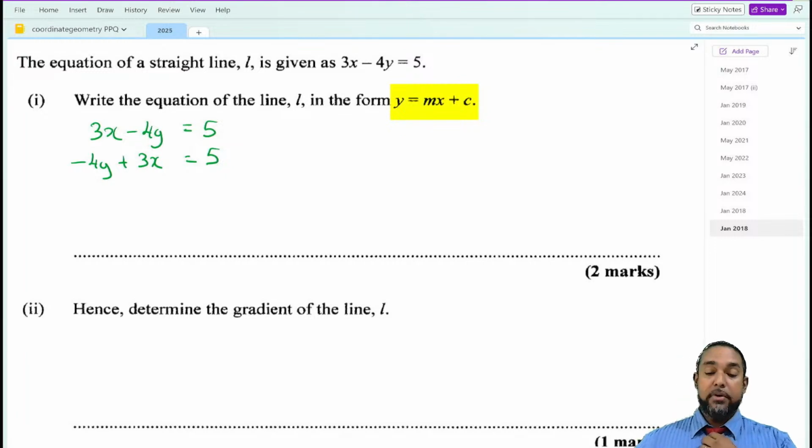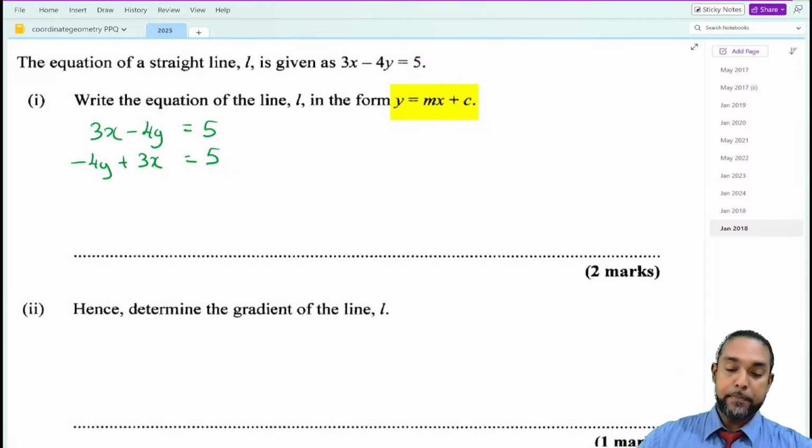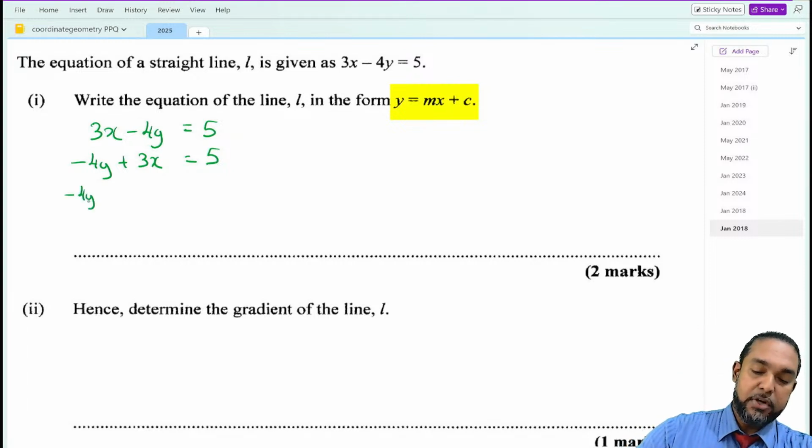Now here, if you want to, again, transpose for y or make y the subject of the formula, you have to remove everything currently attached to the y. And I like to say, start from the point furthest from the y on the same side of the equation. So the minus 4 is kind of stuck upon the y by multiplication, so not that one. So the 3x. How is the 3x attached on that side? What operation? Addition. How do we remove something attached by addition? We use the opposite operation, which is subtraction.